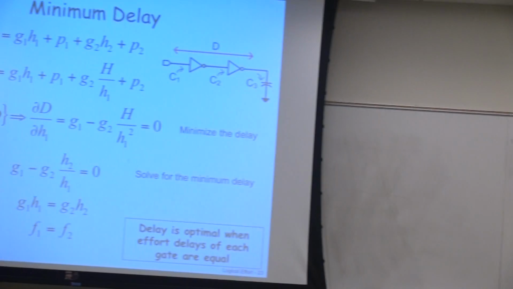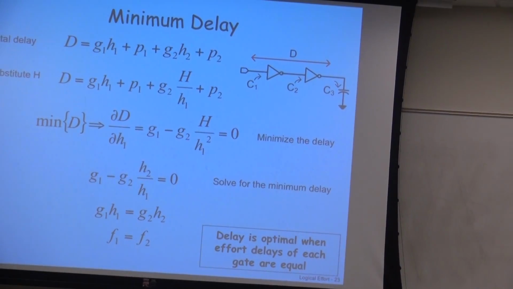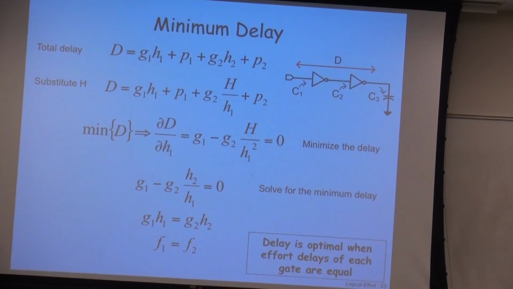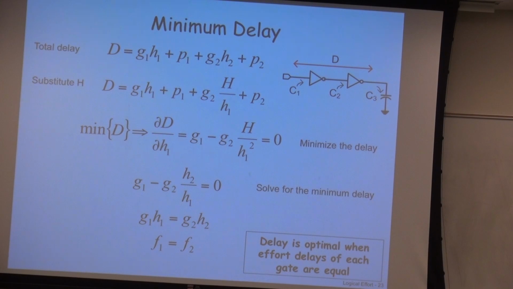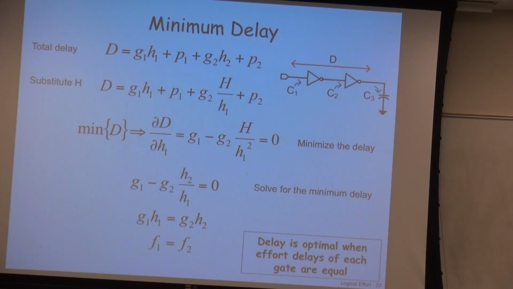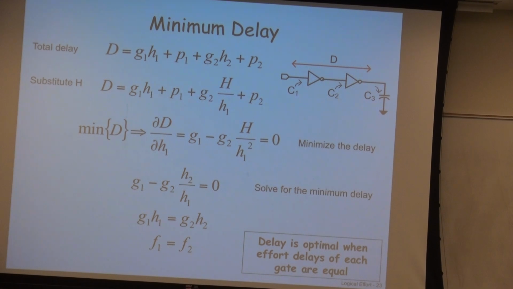So all it is telling us is that if you have two different stages, the delay between this and this will be minimized if the delay of this is equal to the delay of that. So if this gate has logical effort G1 and this is G2, even though this is an inverter, they will be the same, but just assume that they're arbitrary gates, then G1 times H1 plus the parasitic delay P1 of this gate,